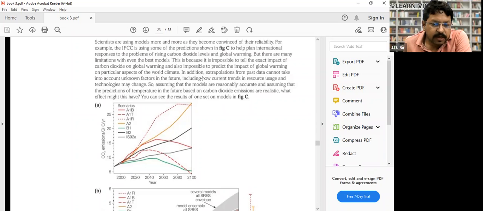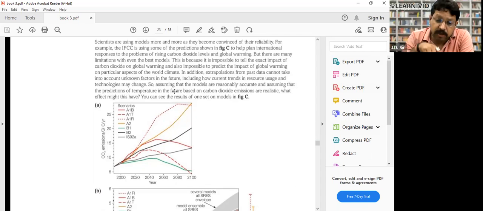In addition, the extrapolation of the past data cannot take into account unknown factors in the future, including how the current trend, the resource use, and the technologies may change. Suppose that global warming changes. And now the current data cannot decide what will happen. For example, now you are taking the last 40 years of data, and you are saying okay,